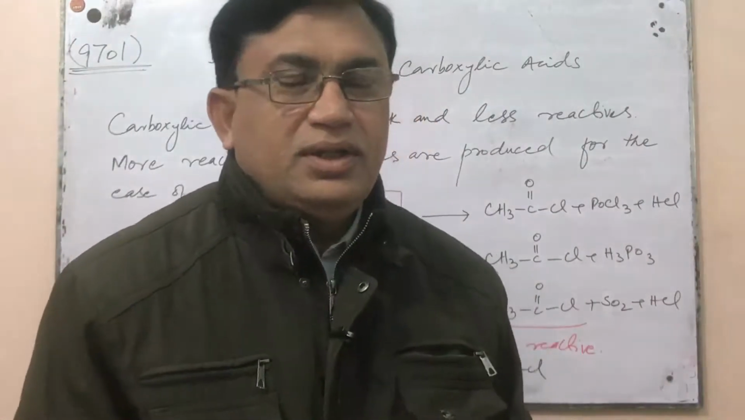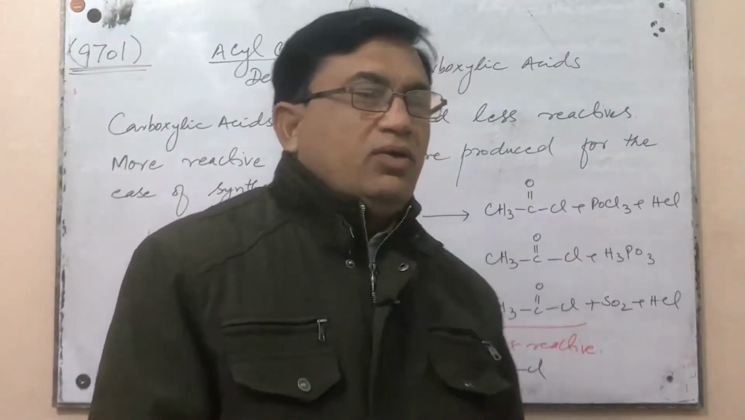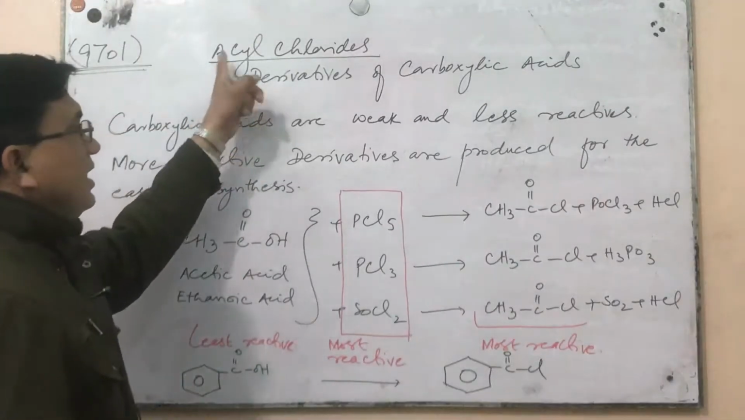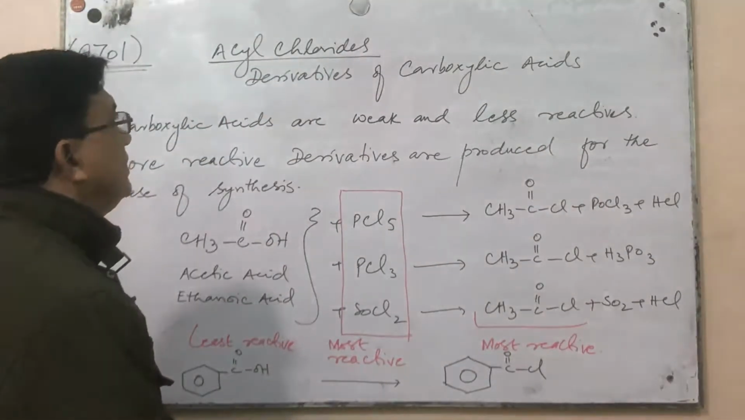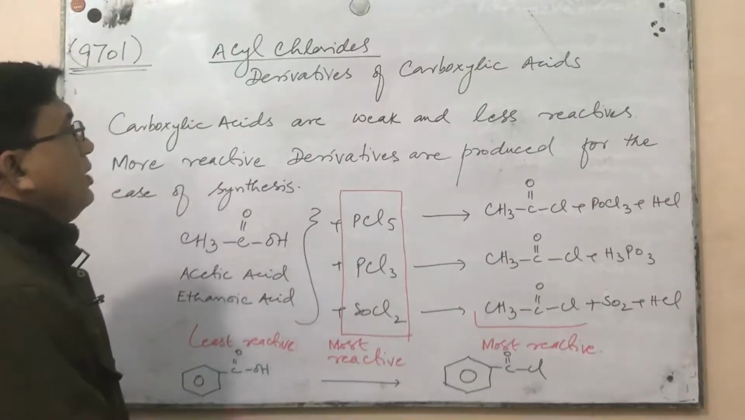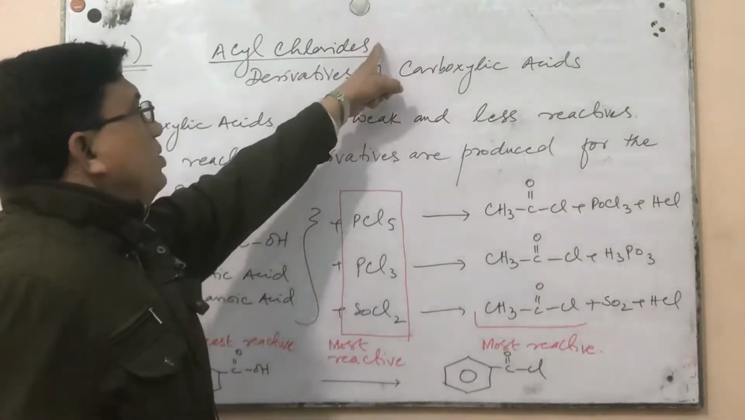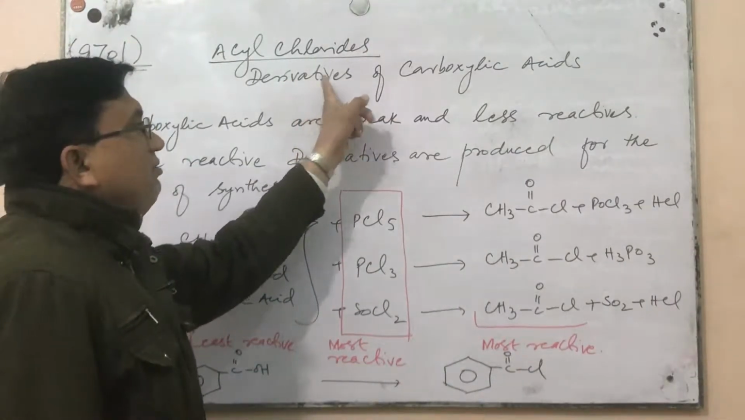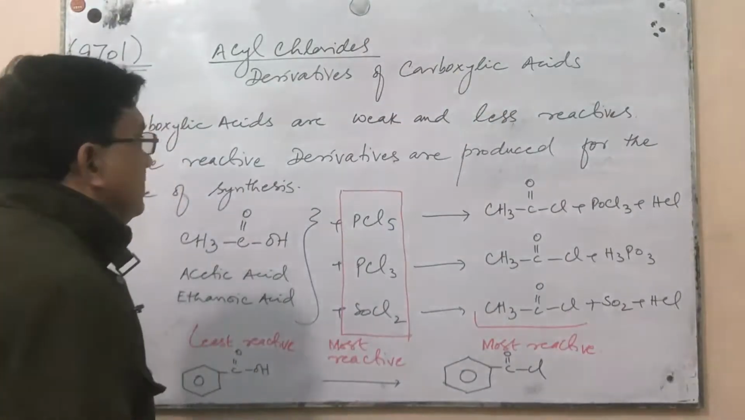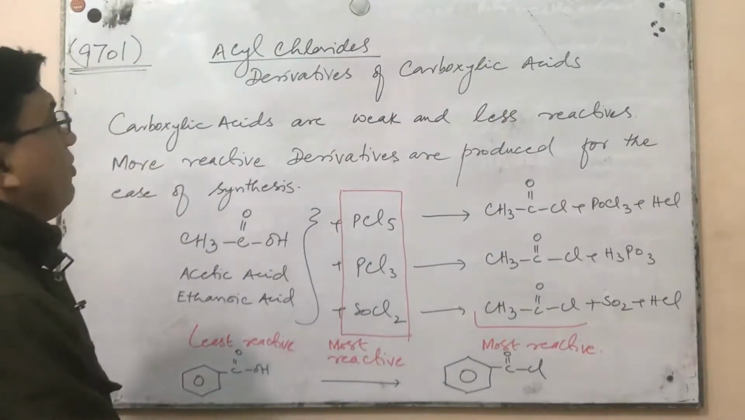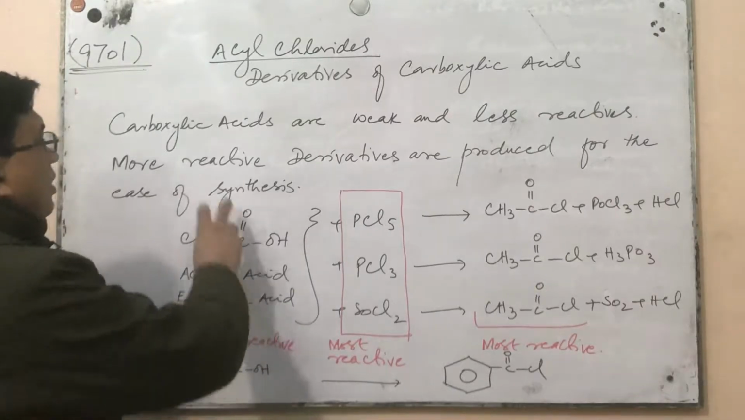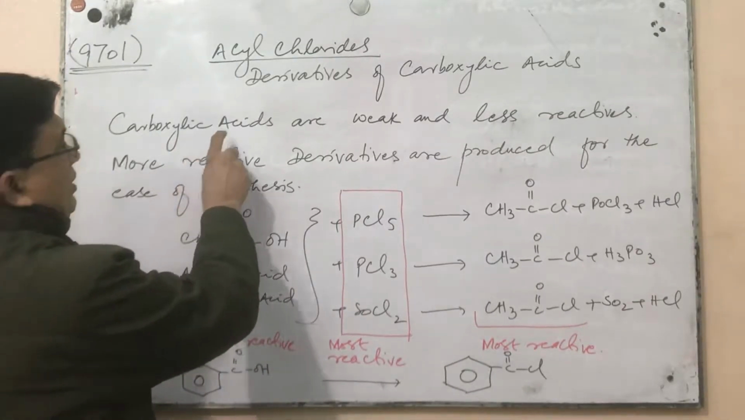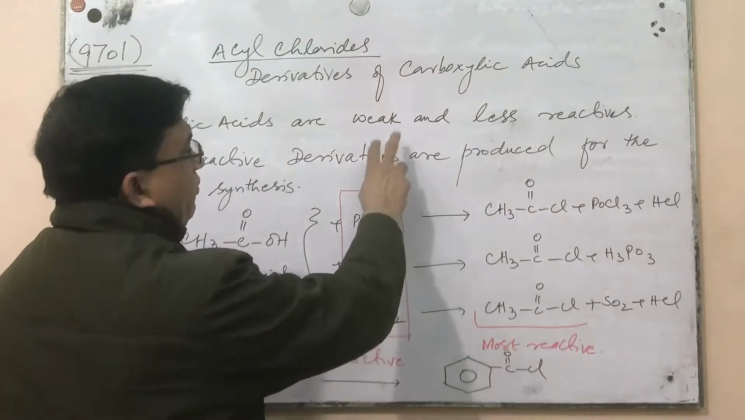Hello everyone. Our today's topic for A-level chemistry is acyl chlorides. What are the acyl chlorides? Actually, acyl chlorides are derivatives of carboxylic acids. Now, actually, carboxylic acids are weak